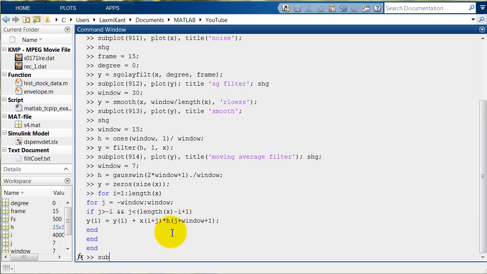Now the subplot, of course it will be the fifth subplot, so 915, plot it, plot the y, it means, and set the title as weighted window or weighted MA, you can say weighted moving average filter, and